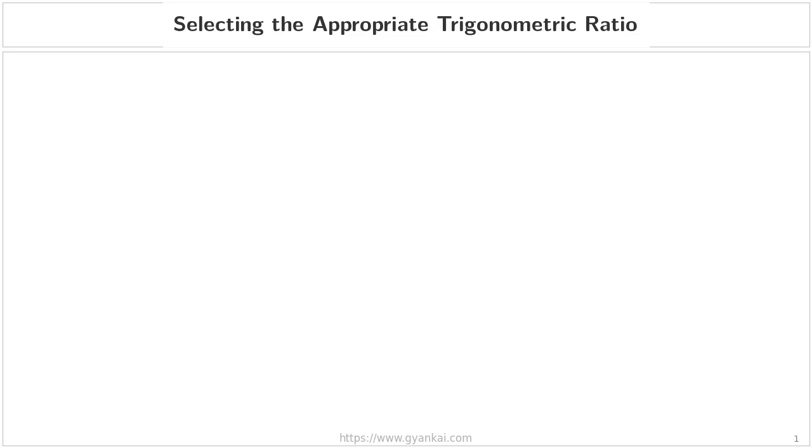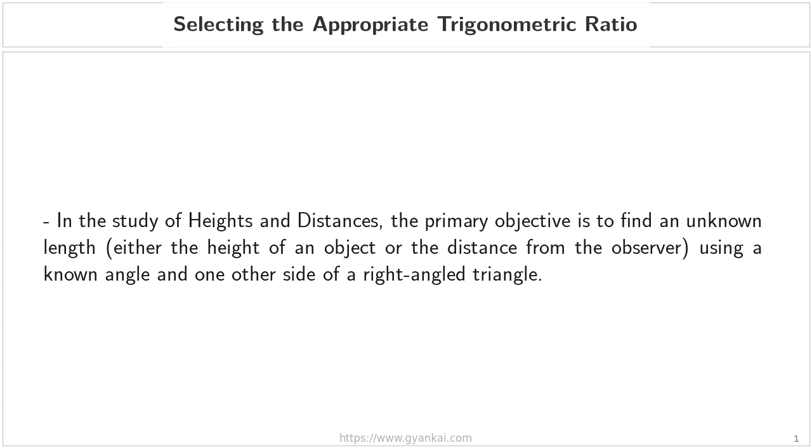Selecting the appropriate trigonometric ratio. As we dive into the study of heights and distances, I want you to keep one primary objective in mind. In these types of problems, our goal is almost always to find an unknown length. This could be the vertical height of an object, like a building, or the horizontal distance between an observer and that object. To do this, we rely on two pieces of information, a known angle and one other side of